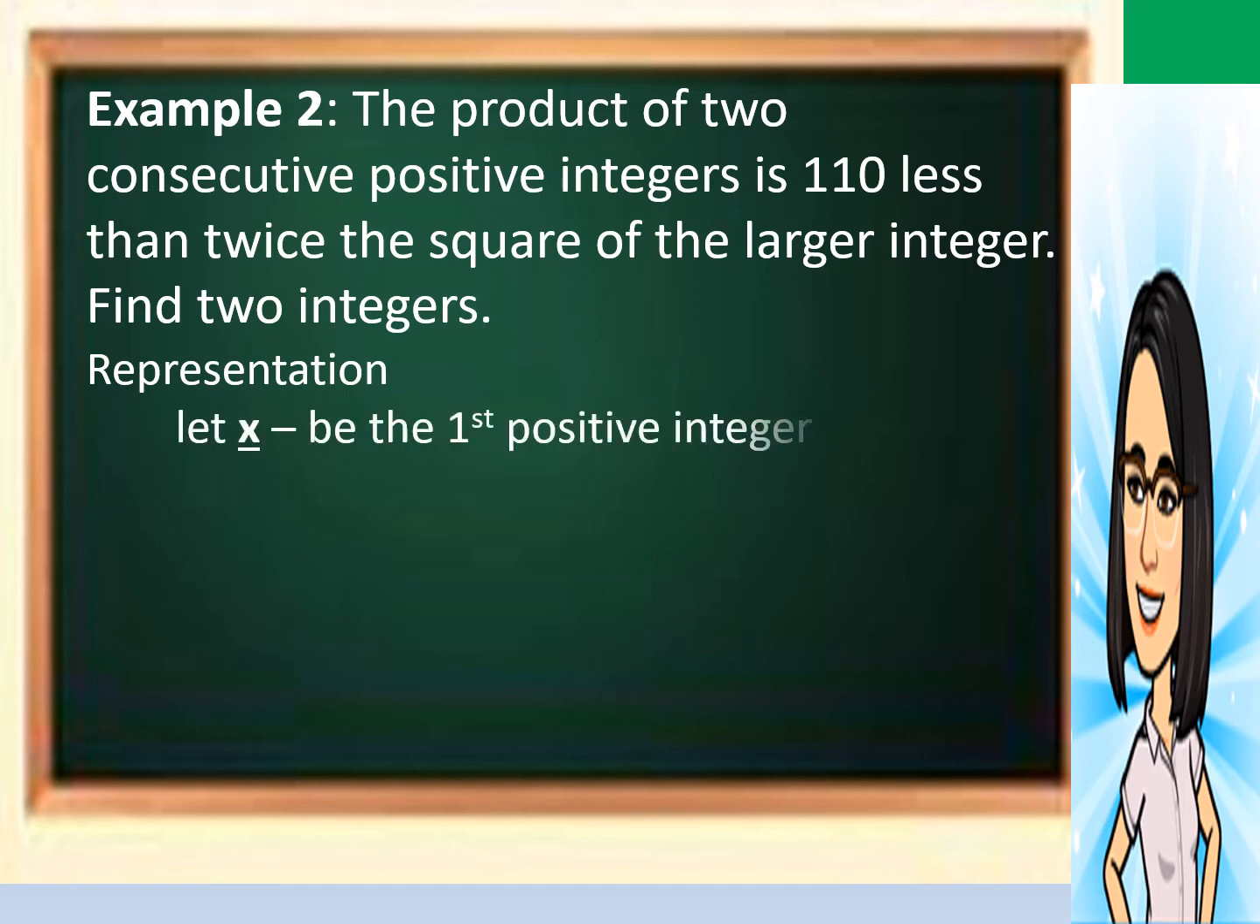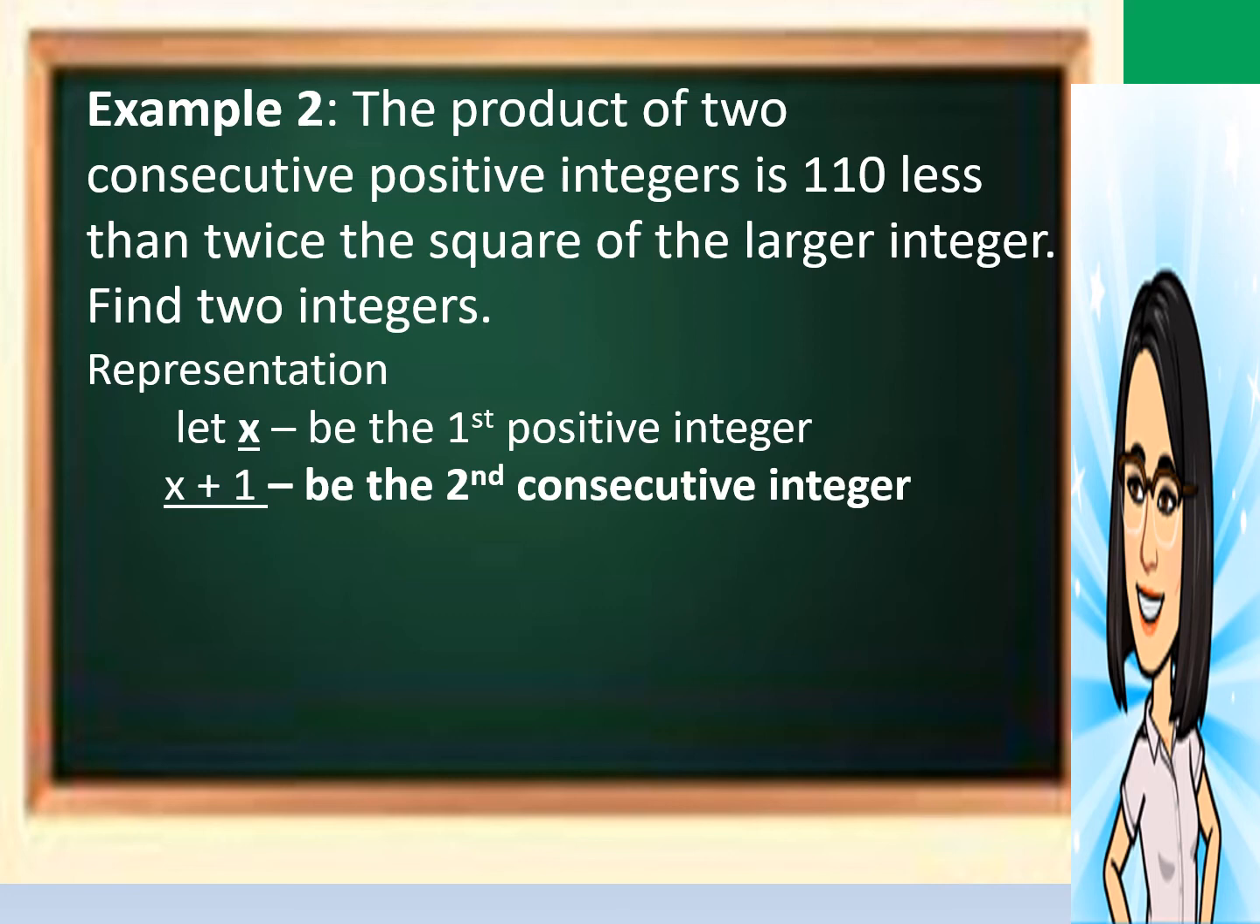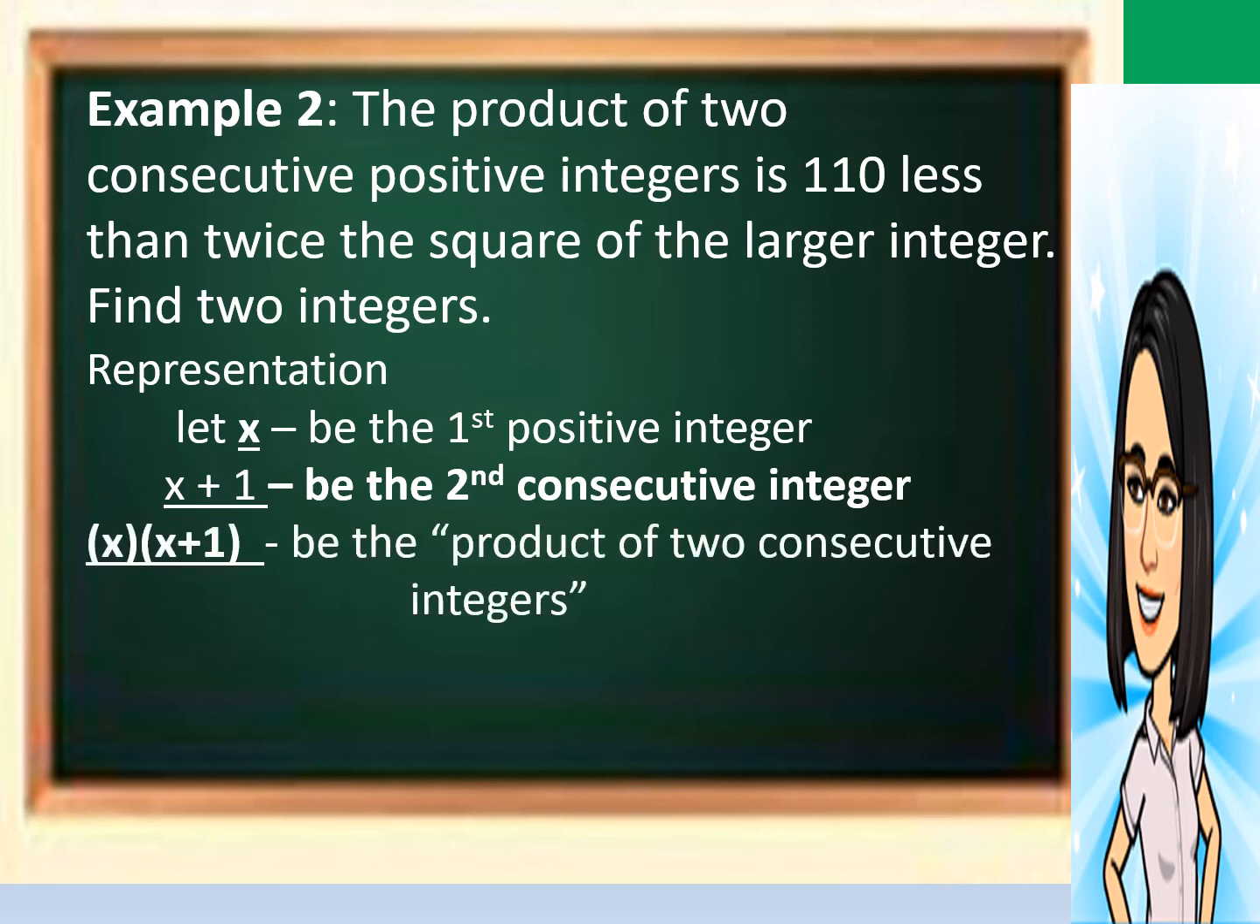Let us represent x as the first positive integer. To get its consecutive integer, we will add 1 to the first integer. So x plus 1 represents the second integer. From the statement, the product of two consecutive integers, we can write it as x times the quantity x plus 1. Then 110 less means